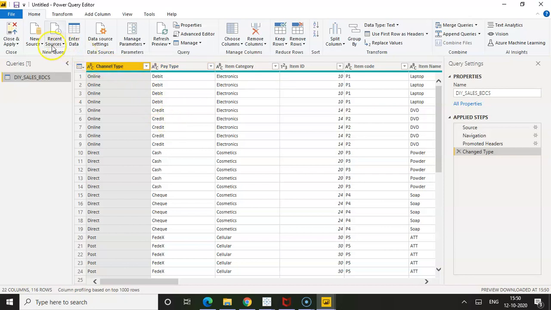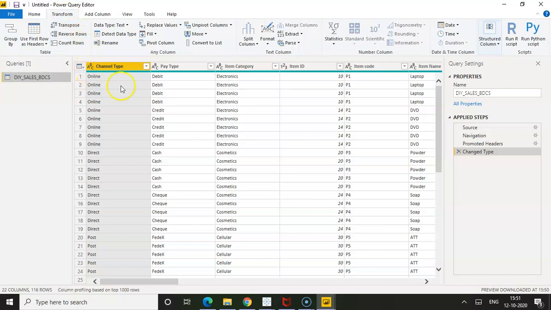Here you can see, I can even connect with multiple data sources, and if I click on the Transform button, I have options to rename the data, create custom columns, change the data types, delete data. So I have so many options to clean up or shape my data.